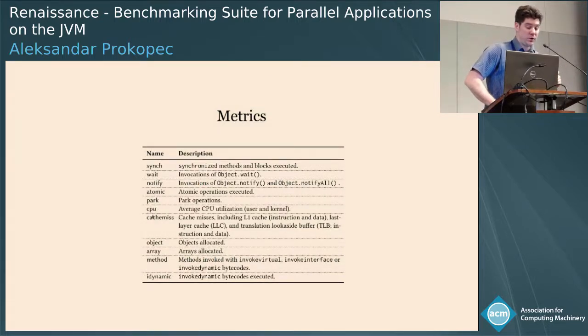We monitored the average CPU utilization, cache misses, and we took several different kinds of cache misses and conflated them into one metric here. We tracked the number of objects allocated, arrays allocated, and then methods which have to do with dynamic dispatch. And then separately from that, we tracked the number of invokedynamic invocations.